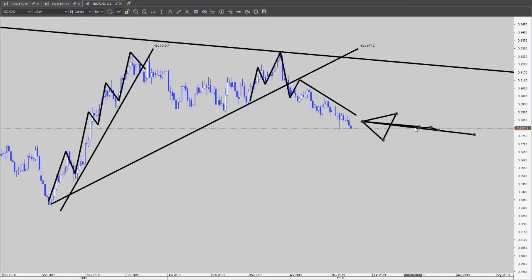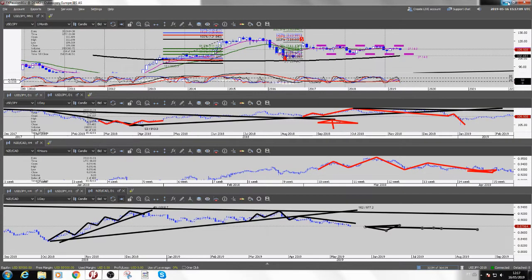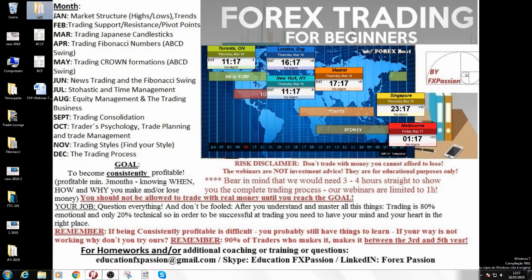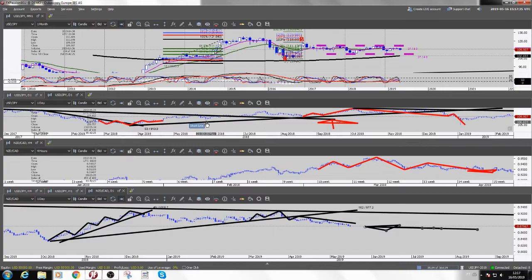Everybody, if this is your first time or second time, or you are fresh new here, remember that if you think, oh, this is all complex, we have been learning all this stuff since January, okay? We learned already market structure, highs and lows and trends. We learned about support, resistance, pivot points. We learned about Japanese candlesticks. We learned about the Fibonacci numbers. Okay? So if it's difficult for you,